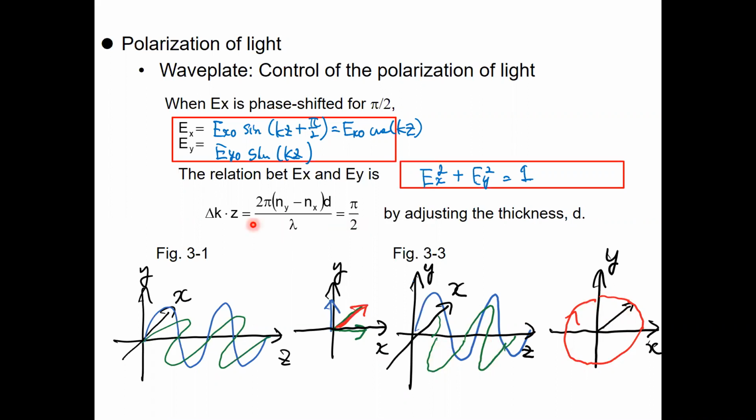You can do this similarly if you adjust delta k times d to equal pi over 2 by adjusting the thickness of the